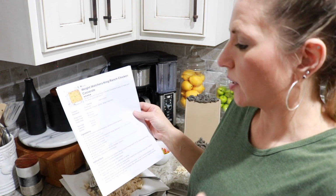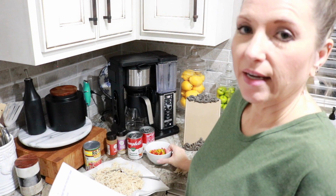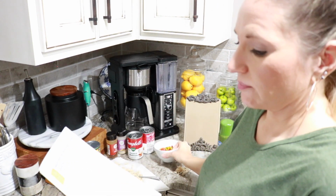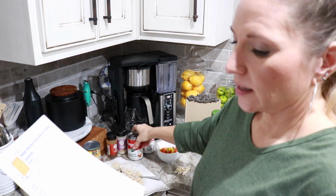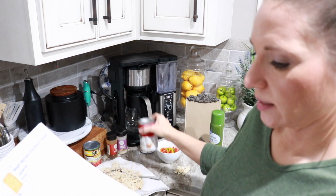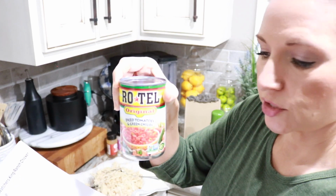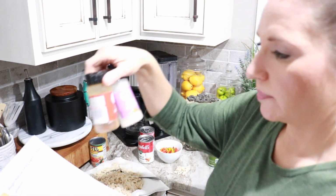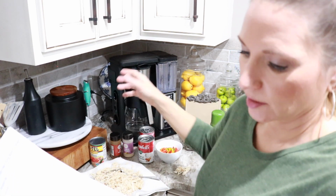A small onion that I'm not going to use. 1 green bell pepper, which Charlie did not realize that he needed to separate out the green bell pepper, so I just took about what I think a bell pepper is out of my mixture of bell peppers. It doesn't really matter on the color. We need 2 cans of the fat-free cream of mushroom soup, so I have that here, and then 10 ounces of diced tomatoes. I'm just going to use 1 can of the original Rotel, and then we're going to use 1 teaspoon each of chili powder and garlic powder, and a half a teaspoon of pepper,